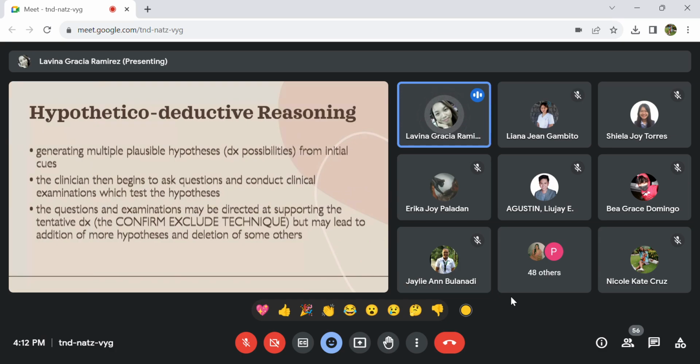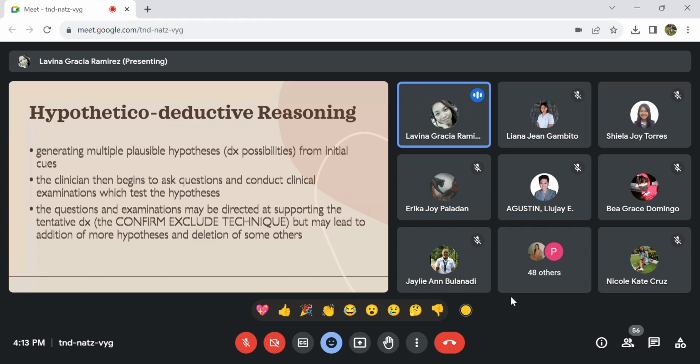Okay, so next is hypothetico-deductive reasoning. So we have this deductive reasoning. And if you have heard me before, I always ask you about this one, especially when we do morphological diagnosis: you know how to deduce. Those things that you feel have no actual involvement in the case. So you are more focused on the possibilities, especially on the initial clues that you can see in that animal.